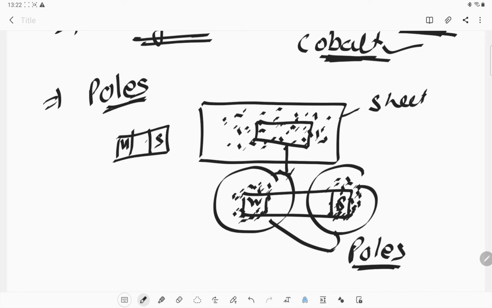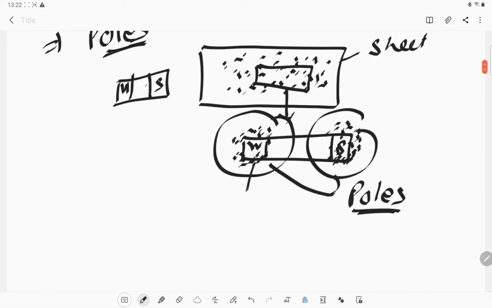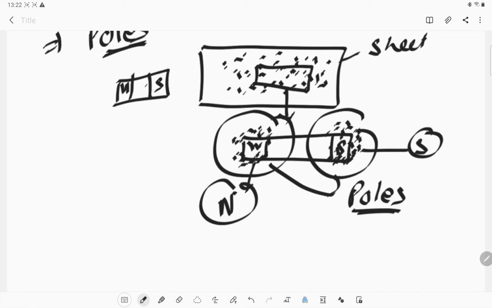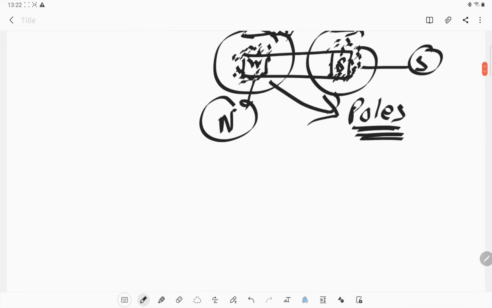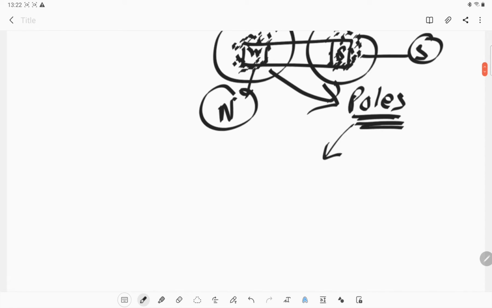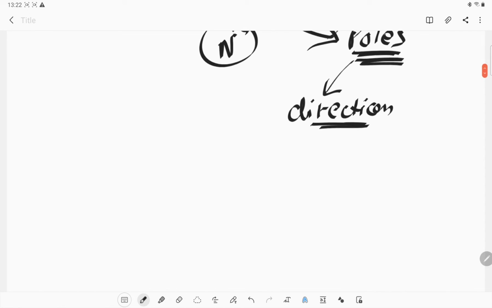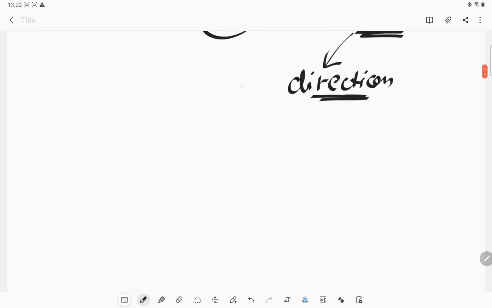Okay, they are known as the poles, but still they do not know that this is the north pole and this is the south pole. They do not know about it, but they name them the poles of the magnet, because one is on one end and another is on the other end, so that's why they call them poles. How do these poles help us? They can help us to find directions. Okay, and in ancient times also we used these magnets to find directions.